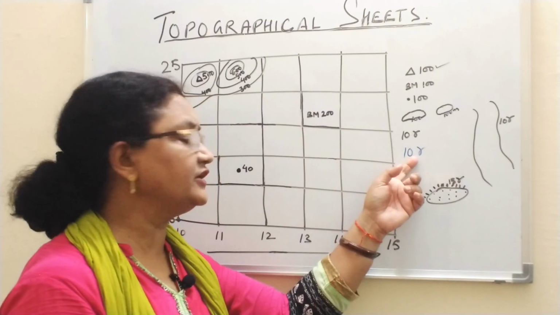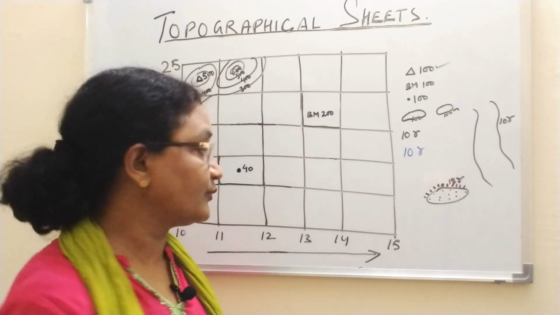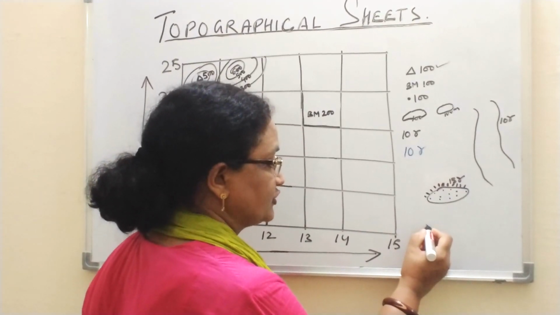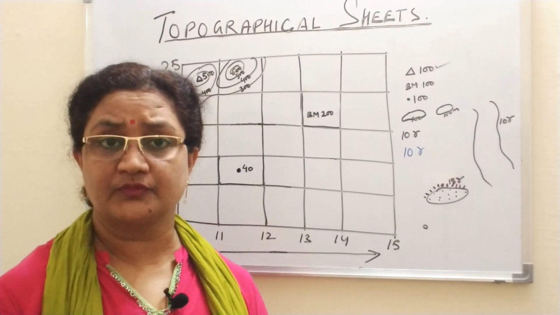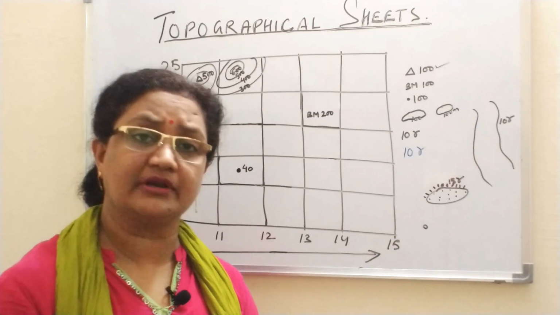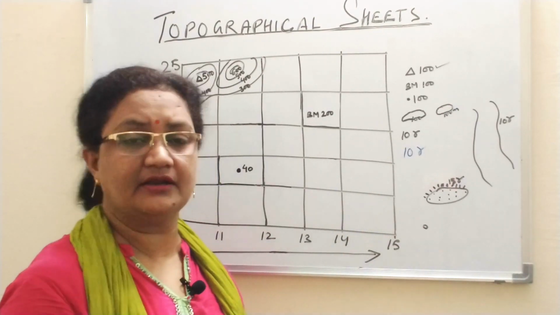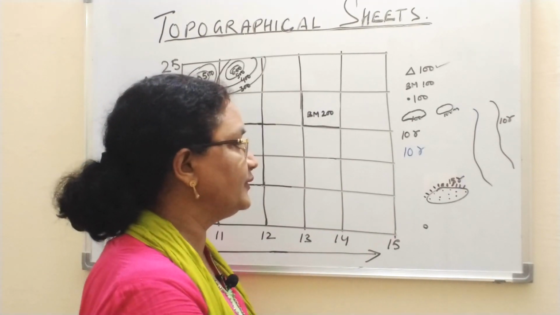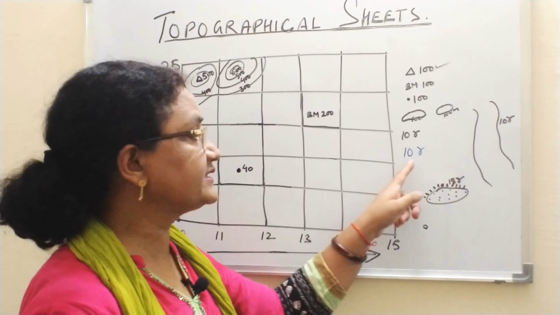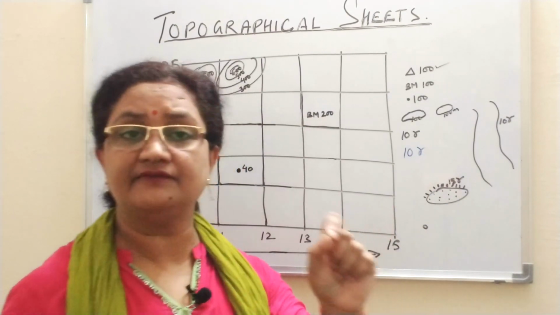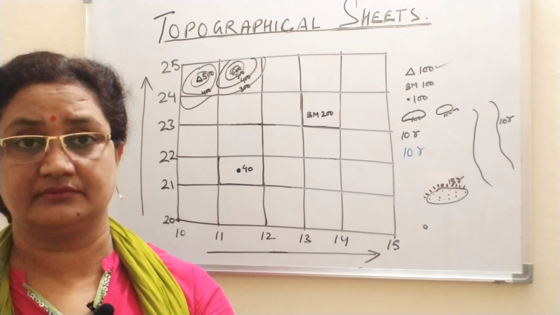Relative depth is generally used in the case of, suppose you take the example of a well, right? Suppose any well is there. It is shown with the help of a small dot. Now if any perennial well or any seasonal well, whatever it is, if a well is there and along the well it is written in blue 10R. Now what does this indicate? It always indicates the relative depth of the well,